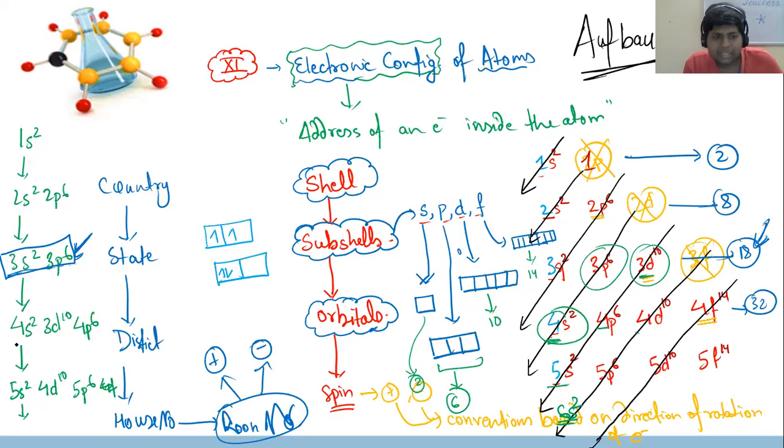Yes, sir. Then it starts to accommodate 4s2. Then again the third shell's d orbital starts filling. Is that understood? So this is the reason why, although the third shell can accommodate 18, after 8 it just waits. First 2 electrons go into 4s2, then the remaining 10 come. Is that understood?